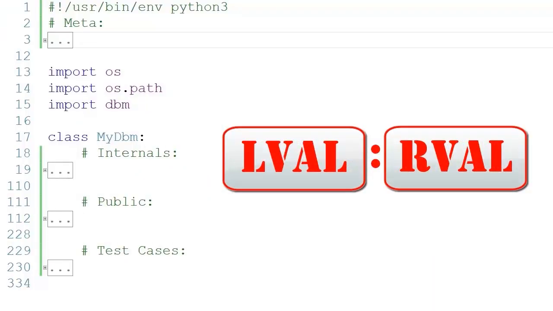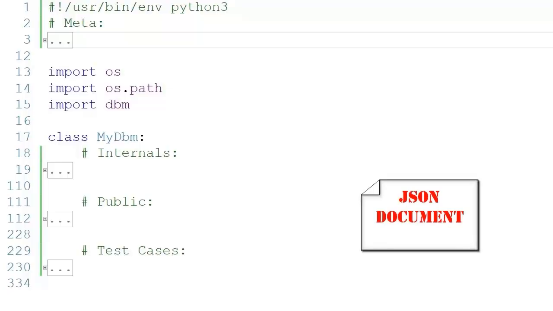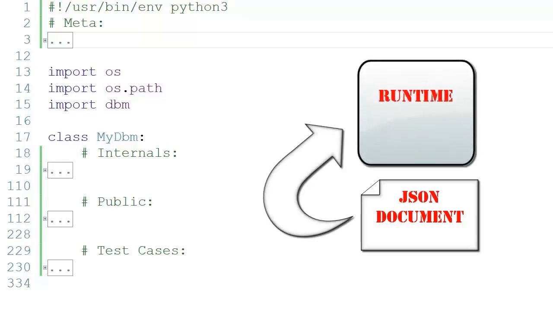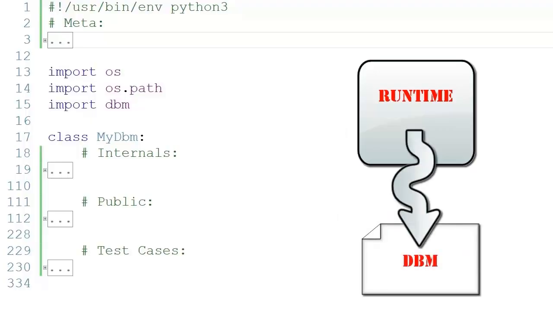Given the fact that we're limited to a left value and a right value, however, isn't much of a limitation, as long as, of course, our keys or our L values are always unique, and the concept is easy enough to understand. What you might find a little difficult to understand is the key advantages of the DBM format, because unlike when we're using JSON to accomplish much the same thing, we don't have to read the entire database into memory. When we're using the DBM technology or concepts, what we're doing is actually searching data on our hard drive